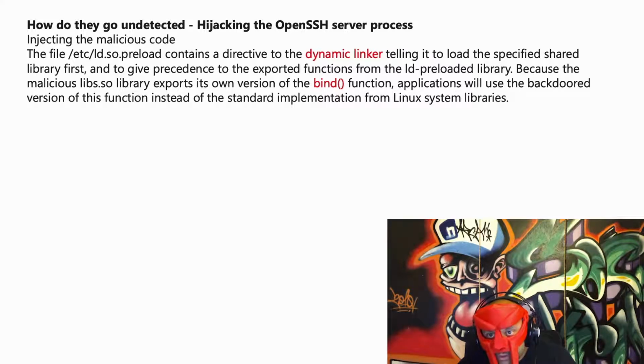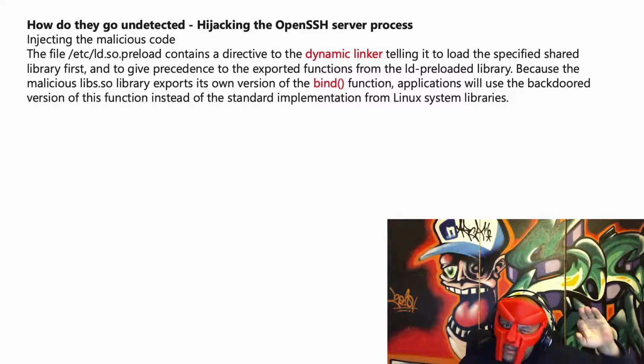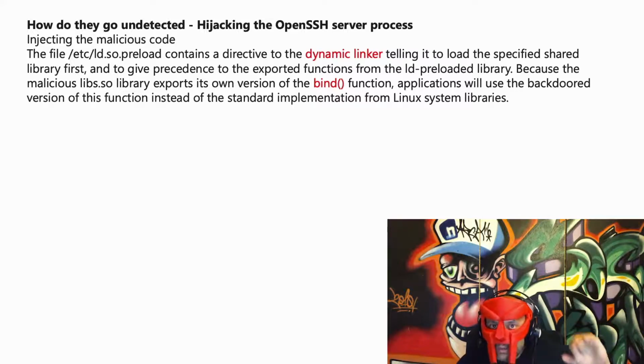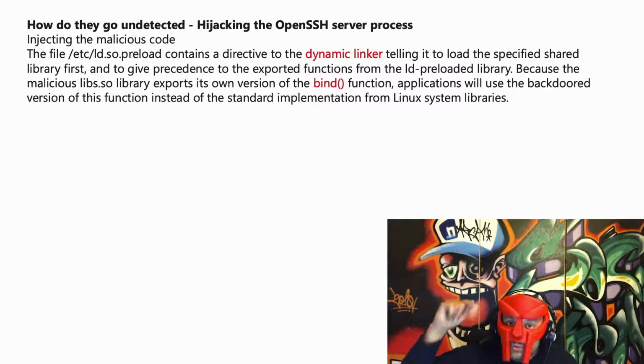folder, that contains a directive to the dynamic linker telling it to load the specified shared library first. So this X64 folder lib.so library will be loaded first, and then to give precedence to the exported functions from this library. So if I rewrite a bunch of Linux functions, this preload says use these functions and don't use the standard